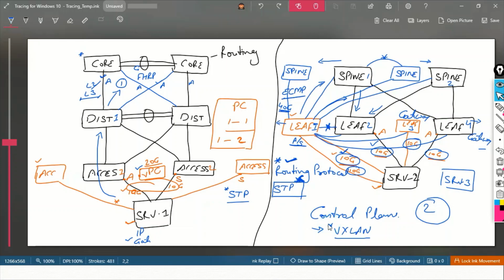That's why it is not recommended to create an interconnect physical link between the same kind of devices, right? If you connect those links, then this control plane will not understand how to send the packet from leaf 1 to leaf 2, leaf 2 to leaf 3.